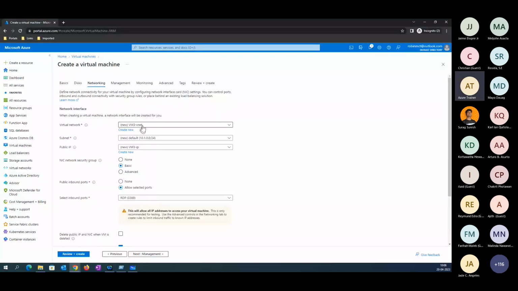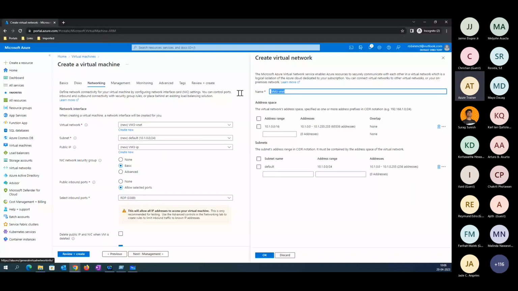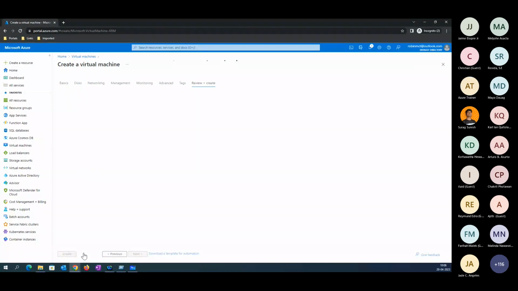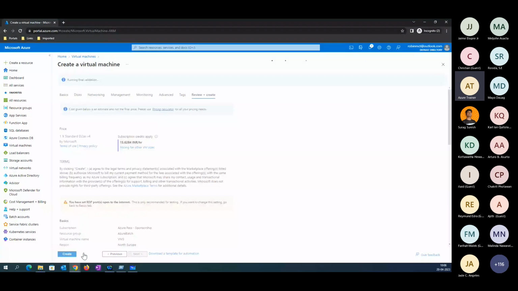Here I don't have any network, so let me create one network, Sales VNet. It's in a different region here. So we have three VMs, currently provisioning or provisioned. Let's wait for the rest to complete.